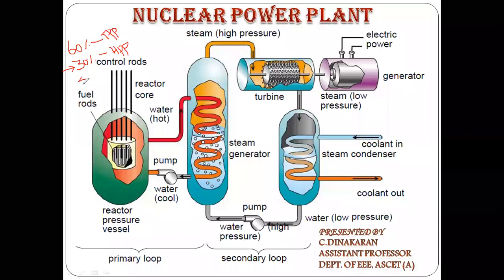And 4 to 5% depends on nuclear power plants, where the fuel used is uranium, thorium and plutonium, and less than 1% depends on gas and diesel power plants, and 4 to 5% depends on renewable energy sources. Another name for renewable energy sources is non-conventional energy sources. At present they play a vital role. One is solar, another is wind power plants.